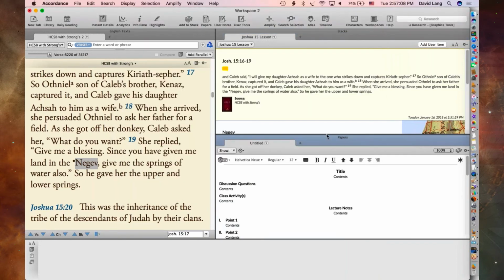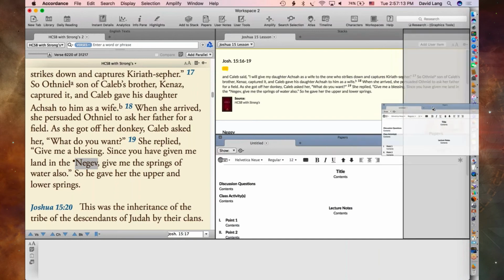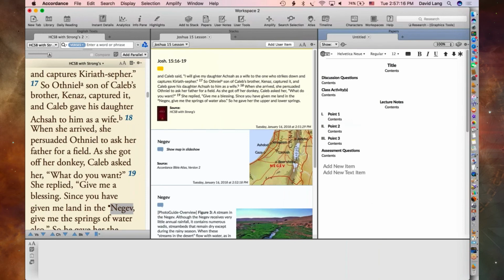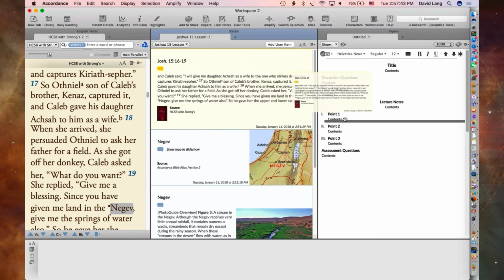And I'm going to drag this zone over here, just so that I've got a little more room and can see more of my stack and more of my paper at the same time. And so, you know, this is now an outline that is designed to be a class lecture. And I can drag any item from my stack directly into my lesson outline. So let's drag this over here,